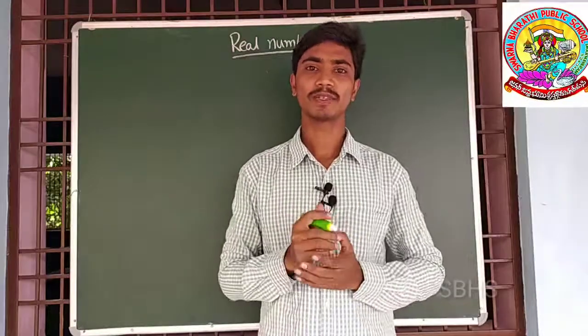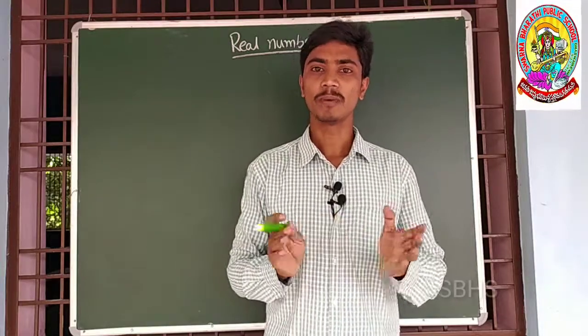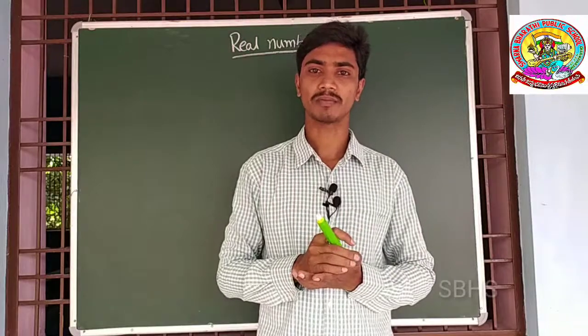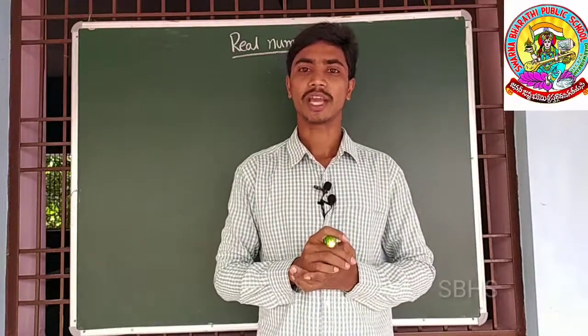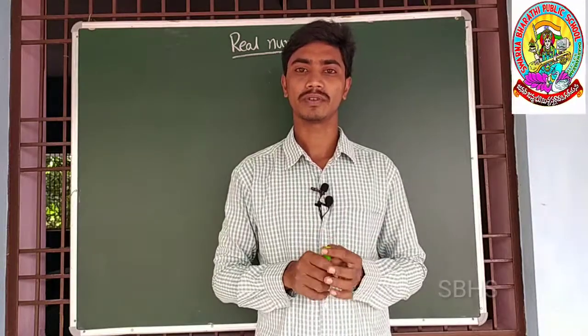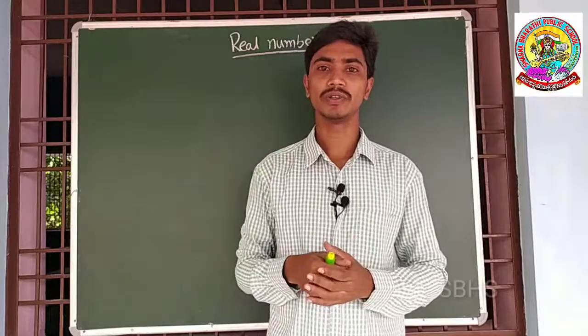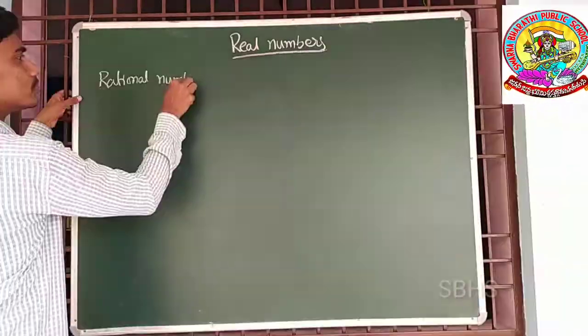Now in this chapter we will discuss rationals and irrationals. Up to exercise 1.2 we will learn about rational numbers. After 1.2 we will discuss irrational numbers. Actually in the previous video of your class you have learned about logarithms. Now in this video we will discuss real numbers, in that, rational numbers.